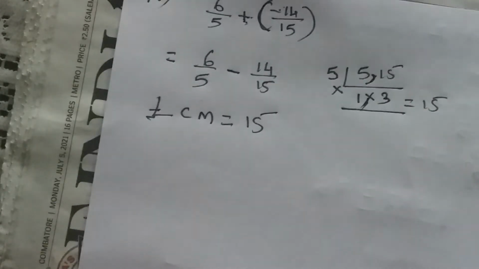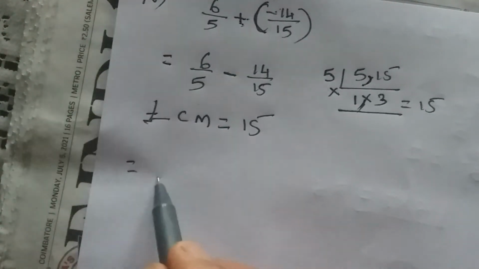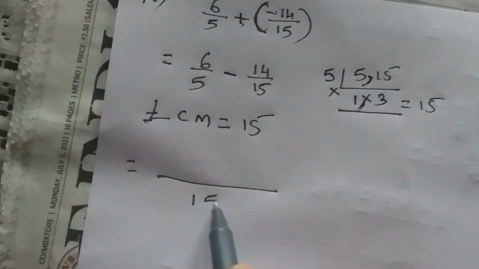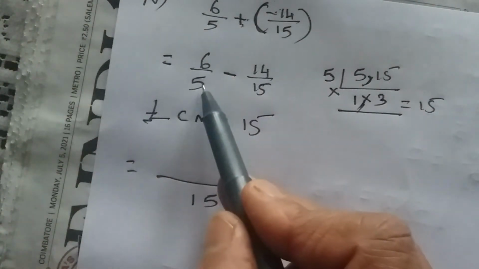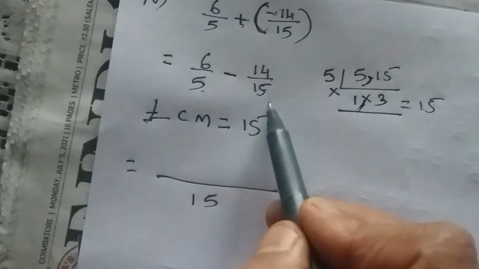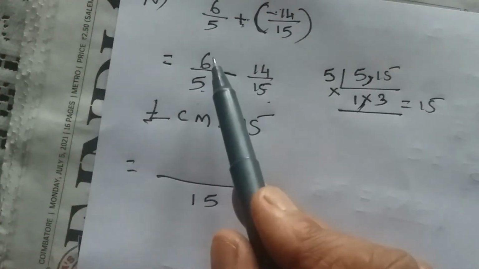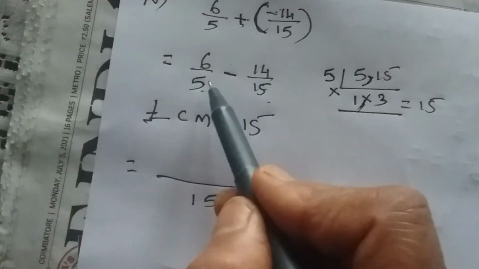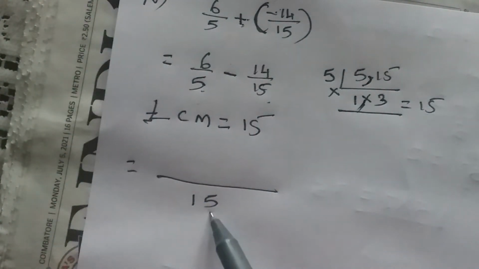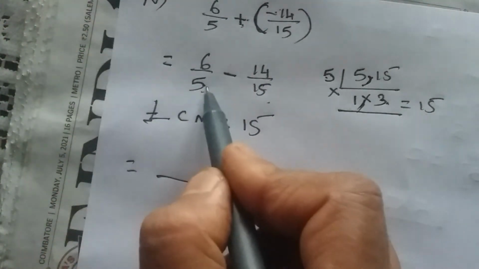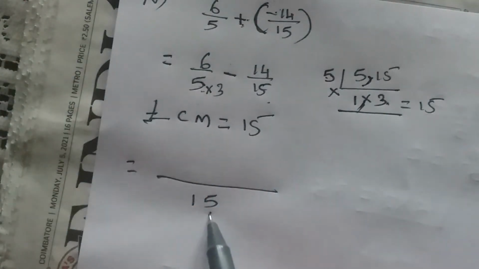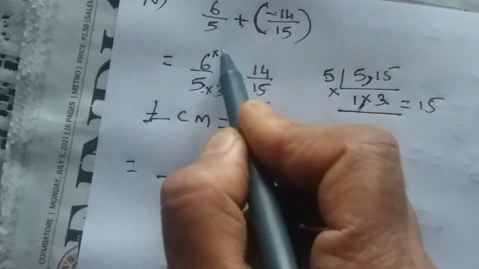So what's the next step? Yes, write the common denominator as the LCM 15. Now instead of 5 and 15 we have written 15. So we have to make the same changes on the numerator also. Tell me, 5 into what is 15? 5 3s are 15. So the denominator we have multiplied and written already. Now we have to change only the numerator.